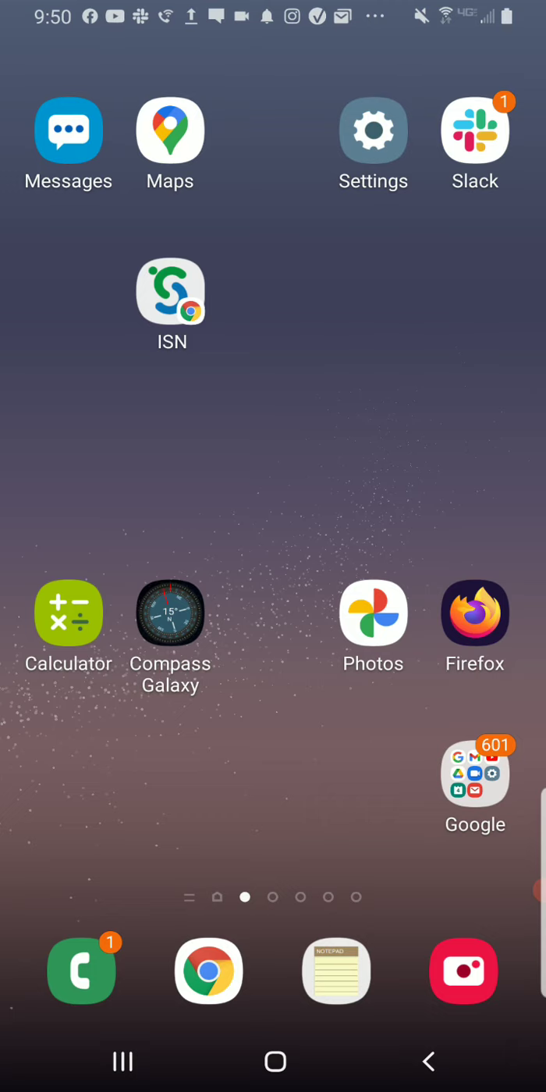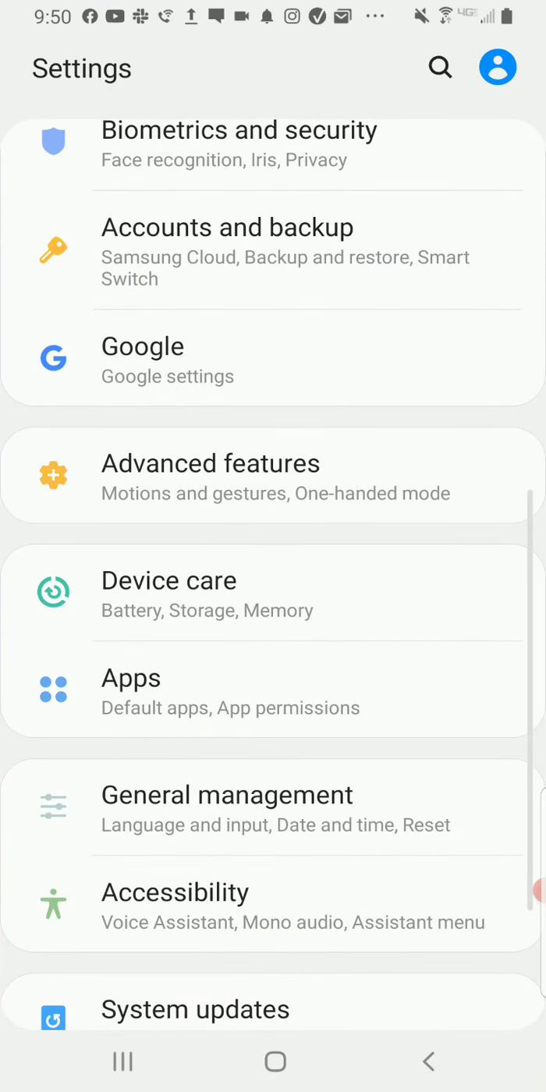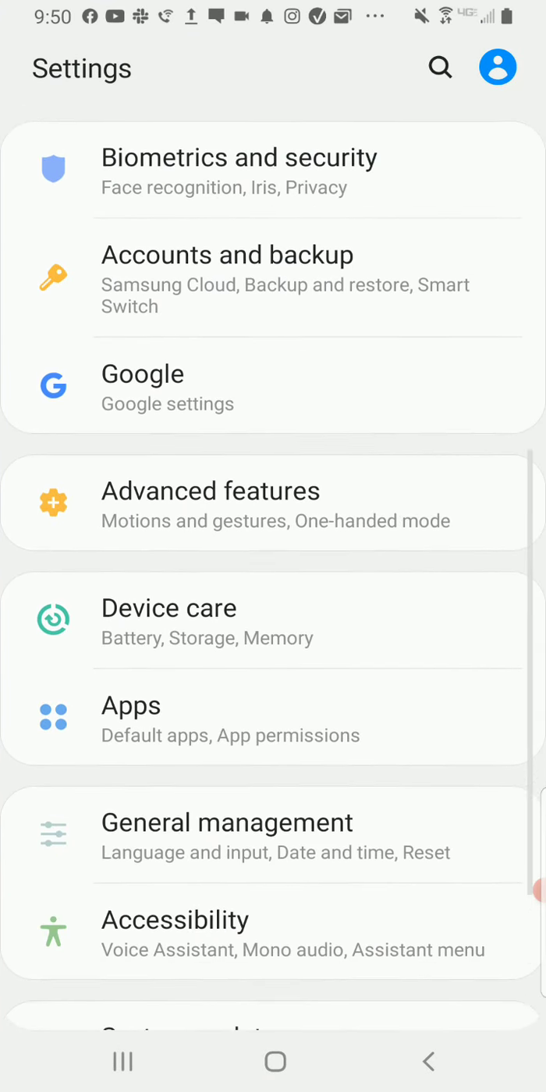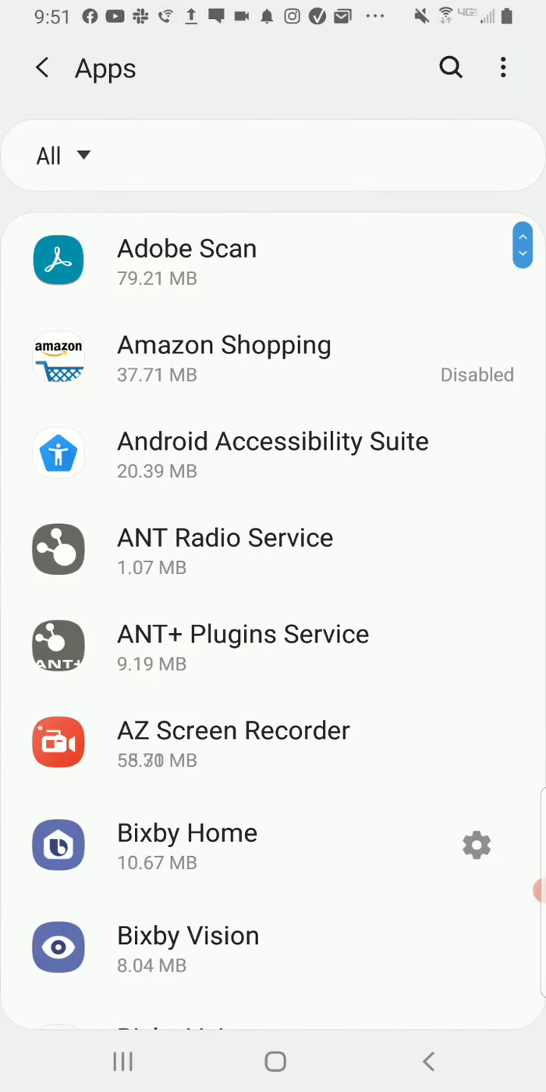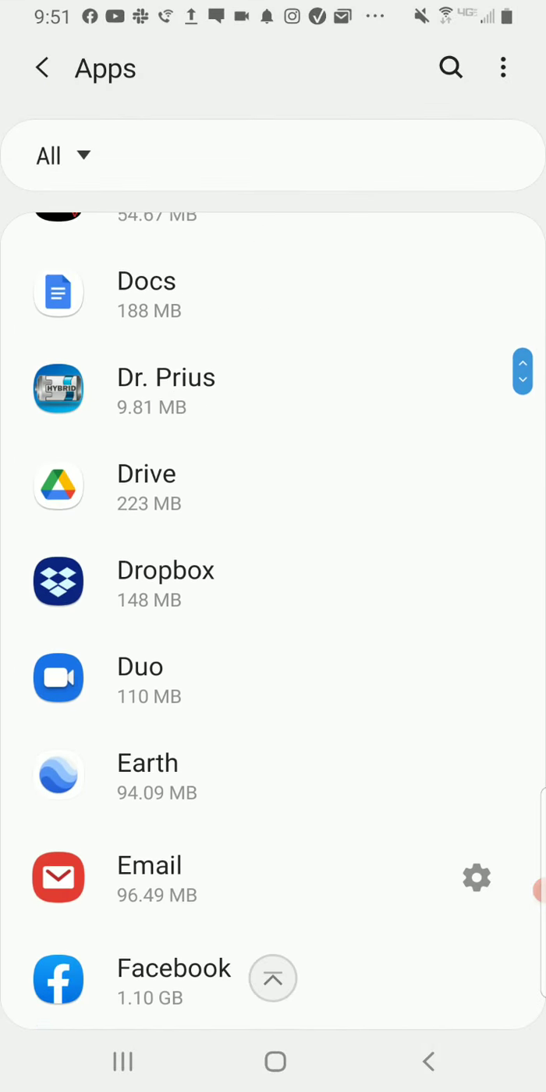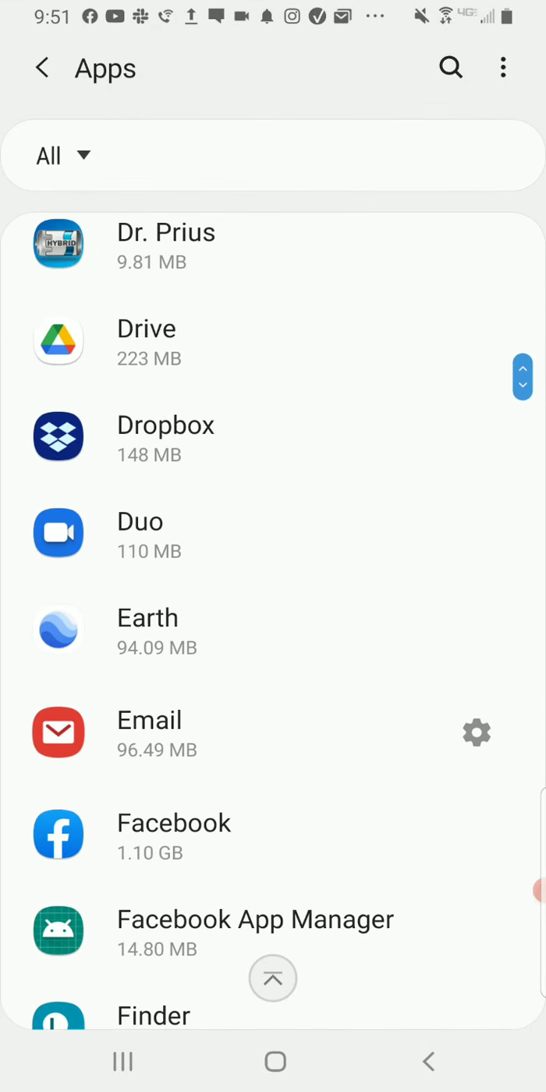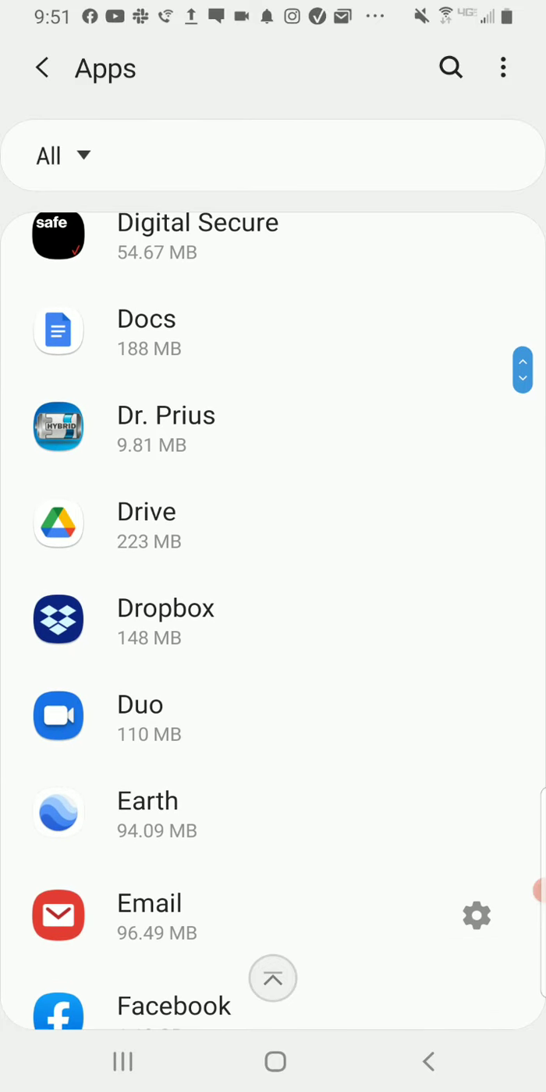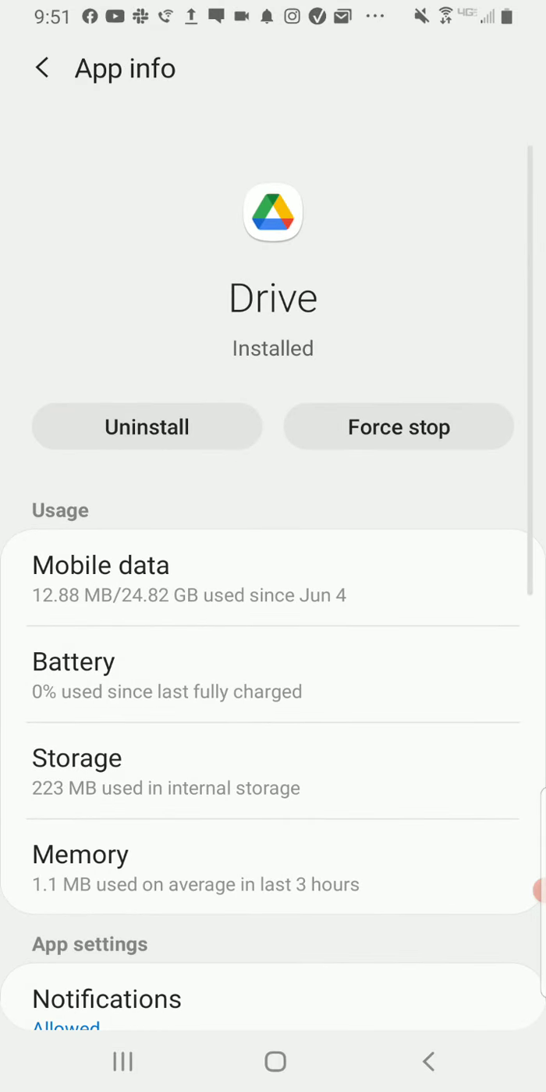But what we do for that is we find the settings, the little gray gear icon up there on the top of my screen, the settings. I'm going to click on that. And then we scroll down to apps. And we find whatever app it is that's given us the issues. For example, I was having issues with my Google Drive and then the Photos one too. So I went to my Drive app, open it up, and you can